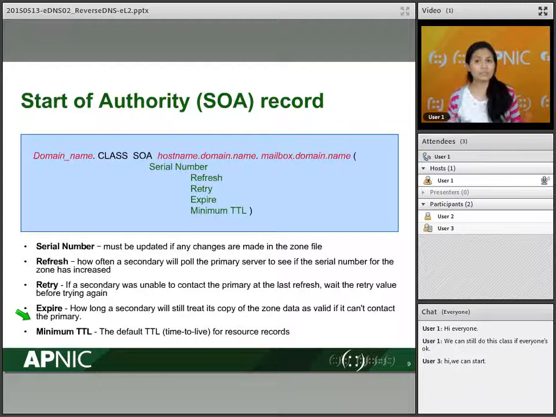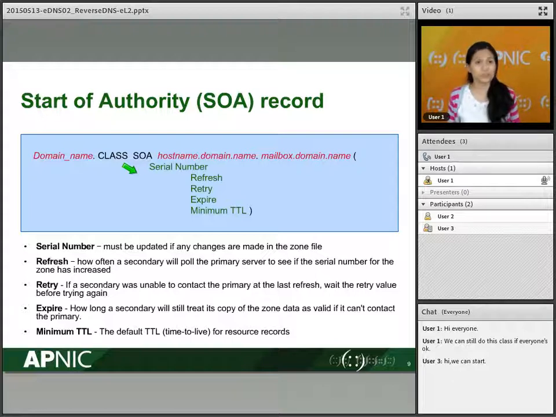Now, how does it look in your zone file? So this is your SOA record. This is the same whether you're using it for forward or reverse DNS. For reverse DNS, the structure is still the same. It's your domain name, SOA, and then some timing parameters that follow that. We also have a serial number that indicates the current serial, and this is useful when you're comparing the entries in your primary and your secondary